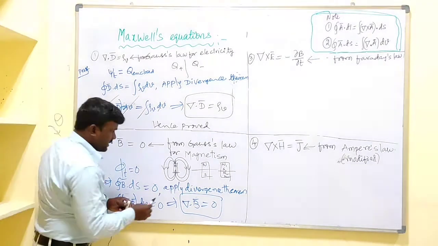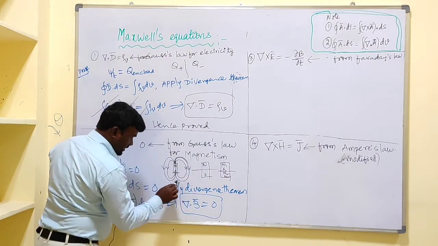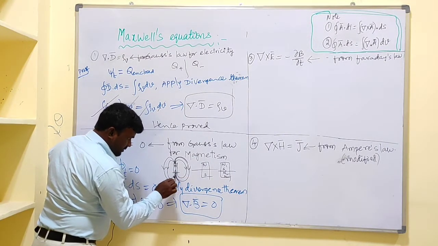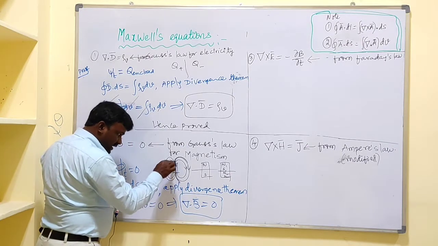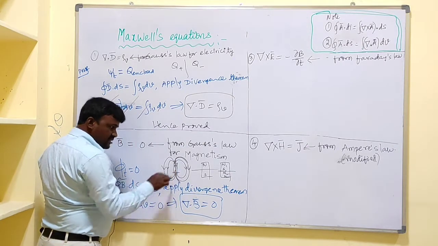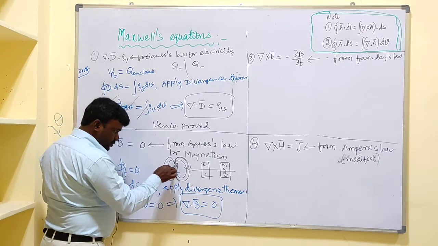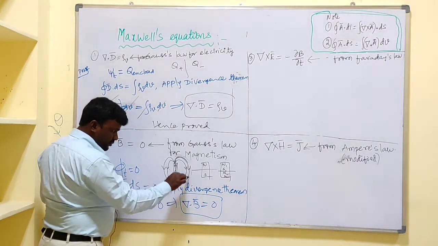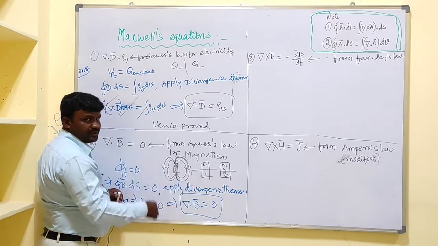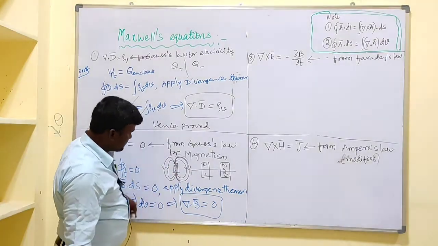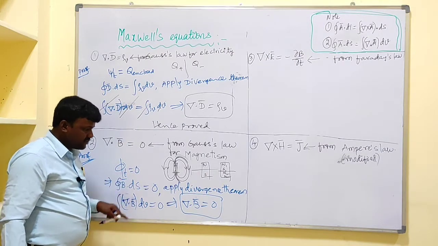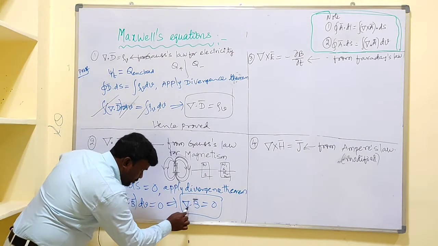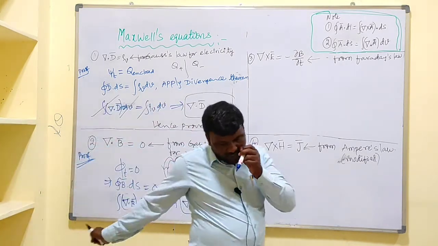Okay. From this you can observe that the source point may be this one and drain point may be this one, but we have the field line across this magnet. That means what? So it is coming like this and going like this. Suppose the effect due to this one is cancelled out. Clear? So that's why magnetic flux through a closed surface equal to 0, and we proved that del dot B equal to 0. That is from what? Gauss law for magnetism.